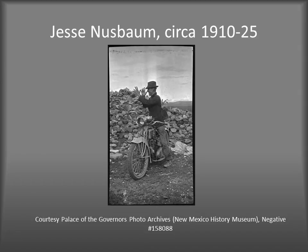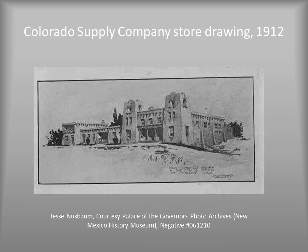In the fall of 1912, they staged the new Old Santa Fe exhibition with images and models of what Santa Fe architecture could, and they hoped would, be. Now, Van Morley had seen a photo of a Colorado mining camp with a warehouse facade based on the Acoma mission. So he found the architect, Rapp, and he asked him to make a watercolor to use in the display. Now, around this time, Hewitt was invited to be director of exhibits at the Panama-California Exposition that was going to open in San Diego in 1915. So he went to Rapp and he asked him to develop that Acoma-inspired warehouse into a pavilion for the state